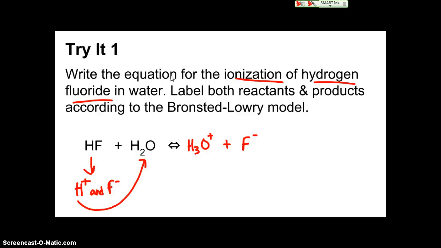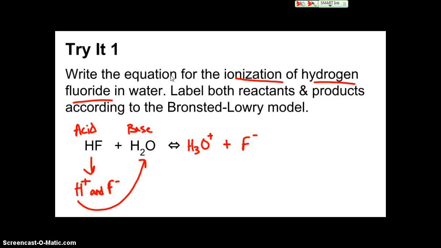So if we read this carefully, it says write the equation for the ionization of hydrogen fluoride in water. So that lets us know that the hydrogen fluoride is breaking apart into hydrogen ion and fluoride ion. And that means the hydrogen ion is available from the HF. And just like in the last example, it's going to go ahead and hook up with the H2O. So I'm going to have H3O plus and F minus. That means HF, hydrogen fluoride, was my acid, whereas water was my base,